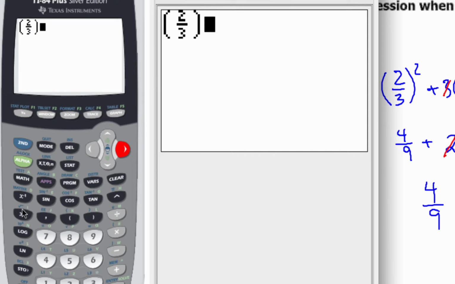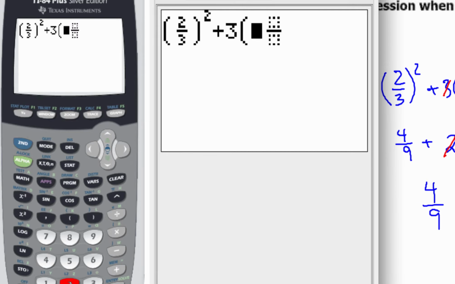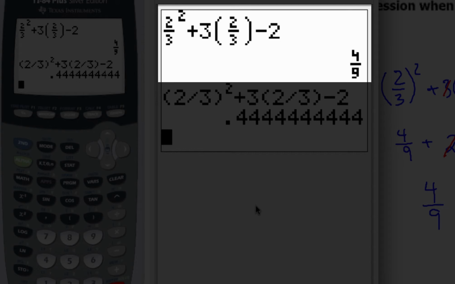So we've got 2/3, we're going to square that, and then plus 3 times, and then we've got our 2/3 again, so alpha y equals, choose that first one, numerator/denominator, and we're going to go ahead and key that entire thing in. And when you're all done, look at that, it gives you the answer nicely and neatly as a